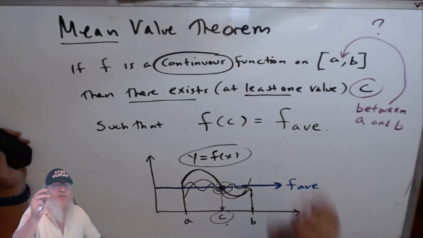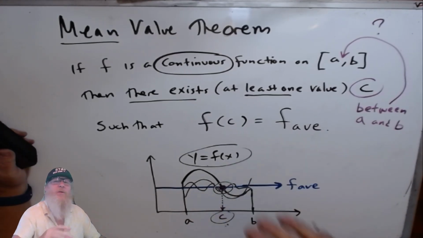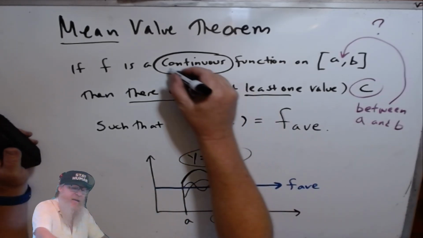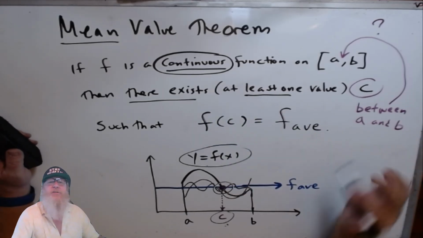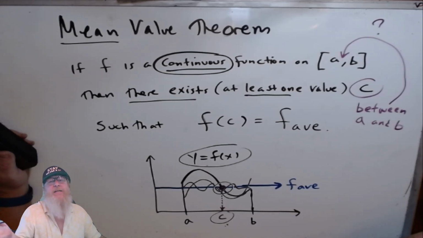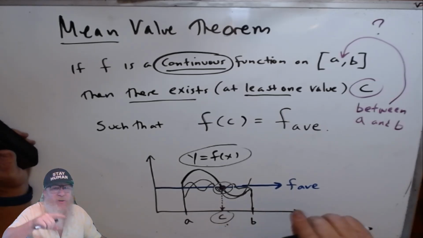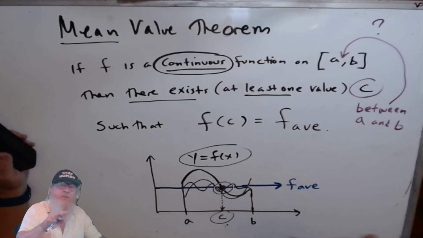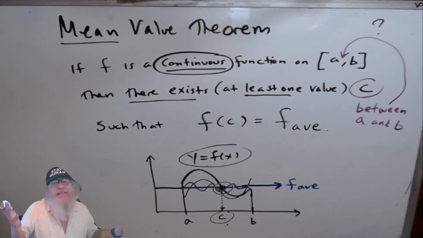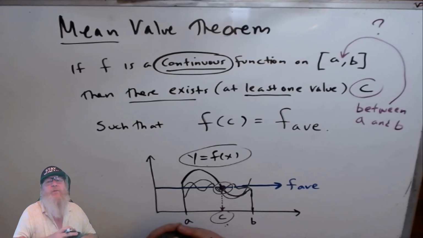In grades, one person could get a 62, one person could get a 93, somebody else could get a 74. If there's a continuous function, it means that every single possible grade was achieved. So 60, 61, 62, 63, and even all the decimals in between. 61.5, 73.8, 91.5. That's not realistic in the real world application,